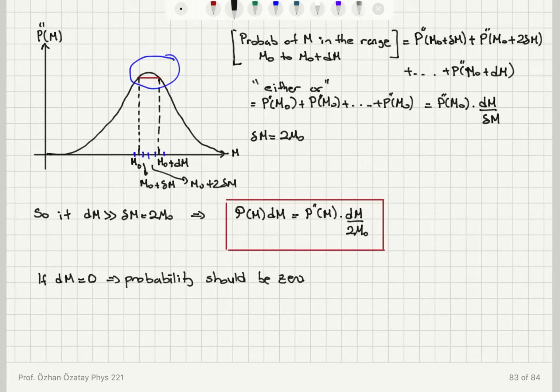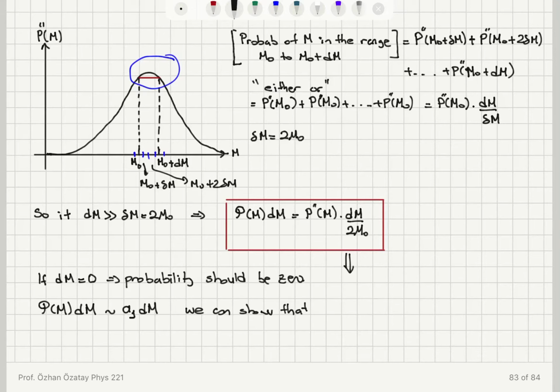So basically this probability distribution function as a function of m multiplied by dm, that's the probability of finding the m values in this range, m to m plus dm. It is going to be something multiplied by dm basically, and using this relationship here, we can show